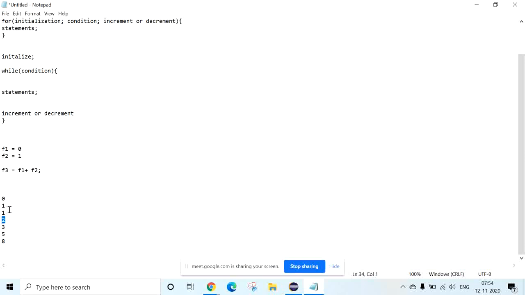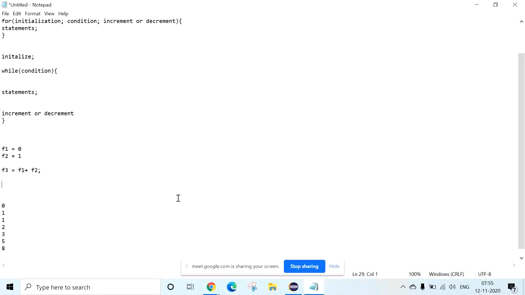Here we have 0 and 1, then 1, then 1 plus 1 is 2, 2 plus 1 is 3, 3 plus 2 is 5, 5 plus 3 is 8. This is your Fibonacci series. So always you take the sum of the last two digits to get the next digit. Up to this you can do it: F1 equal to 0, F2 equal to 1.